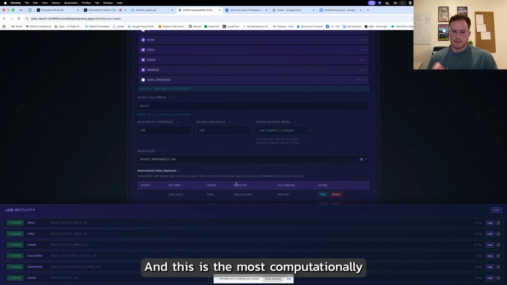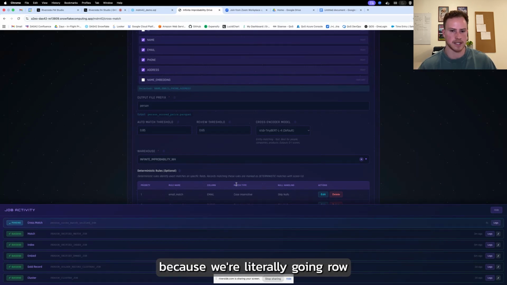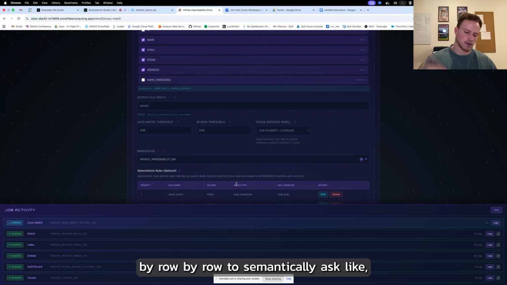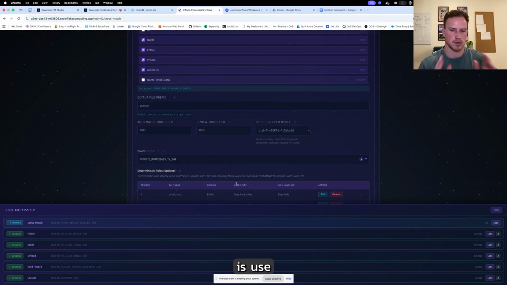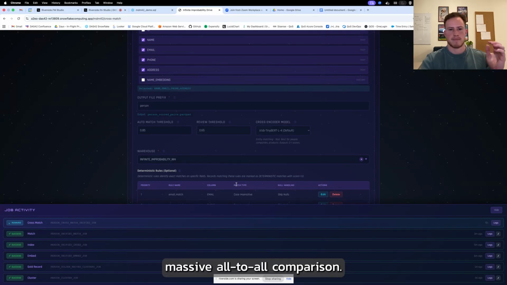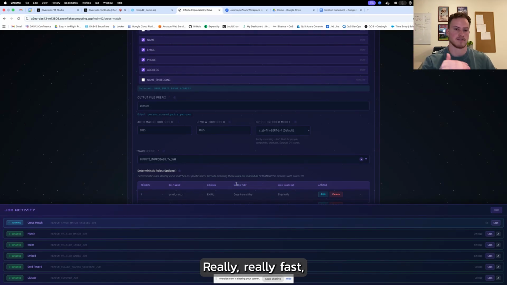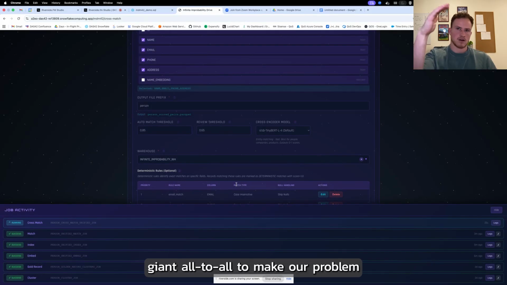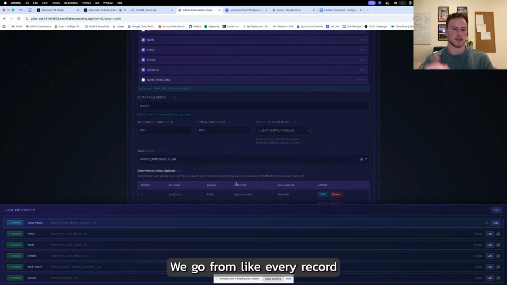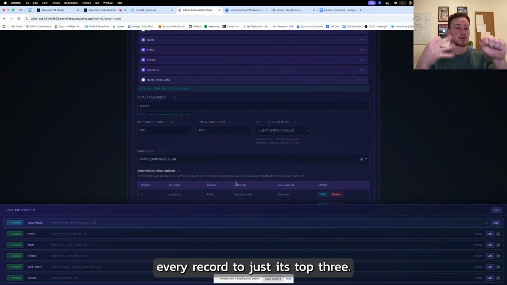This is the most computationally expensive step because we're literally going row by row to semantically ask, hey, are these things the same? The overall architectural premise of this algorithm is to use the FAISS match to do this massive all-to-all comparison really, really fast, really performantly. It will scale to the millions of records. What we're doing with this giant all-to-all is making our problem set much smaller, going from every record to every record's top 3.